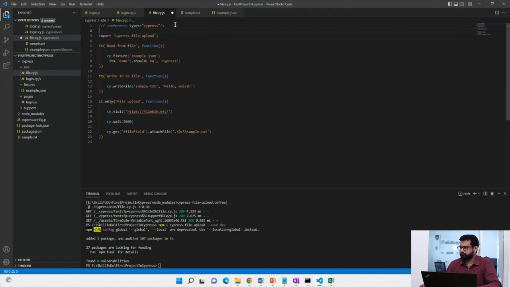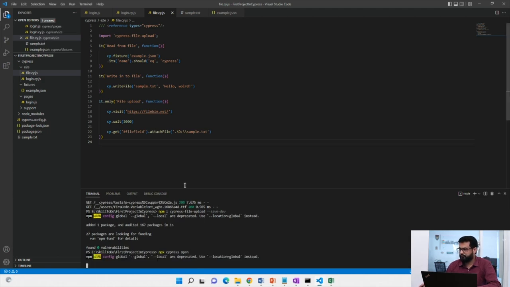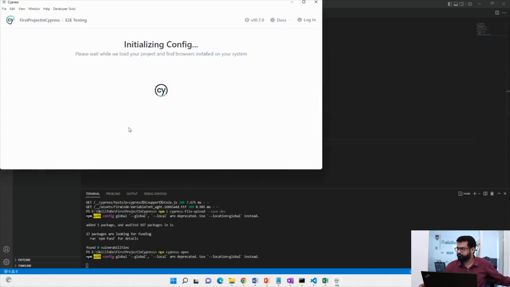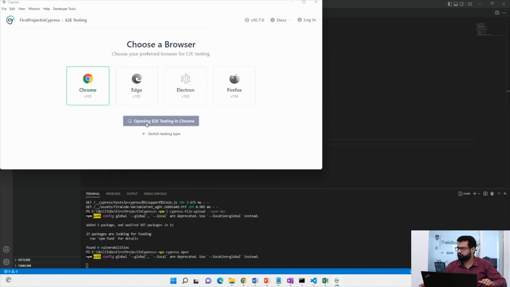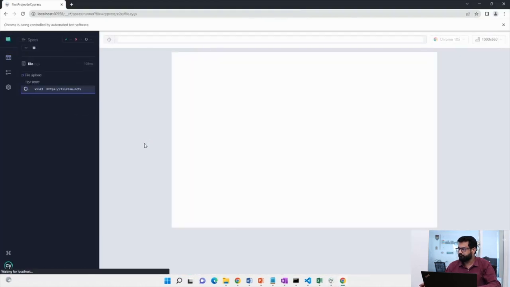So I think now it should show us. Okay, yes, now you can see it is showing us the message, the function. अब हम इसे क्विकली दोबारा रन करते हैं अपने साइप्रस को एंड लेट अस चेक कि हमारा ये रन होता है प्रोग्राम या नहीं। सो लेट मी रन दिस लॉगिन। सो फाइल अपलोड का फंक्शन हमारा रन होना चाहिए, ओनली दिस वन।